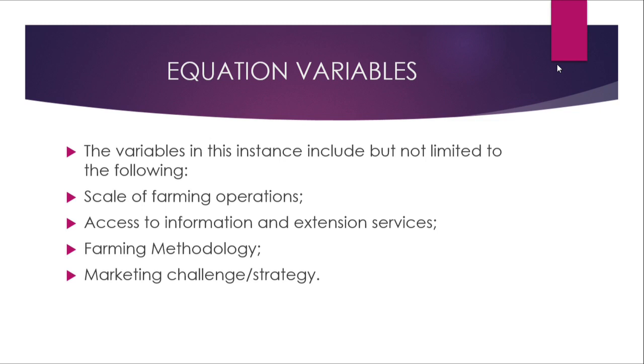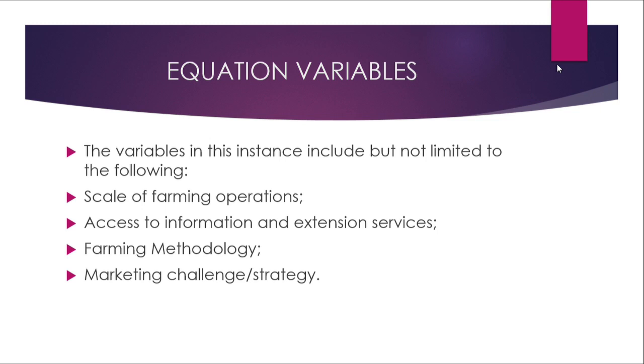Access to information and extension services. There are ways of doing things, and today, methodologies and ways are improving every day. So when you don't have access to information, you'll be left behind, and that is a reality. So we need access to information, and our extension officers must wake up to their responsibility and make sure that they serve farmers. Farmers are there to feed the nation. Extension workers are there to enlighten them, to encourage them, to tell them the better ways of doing it.